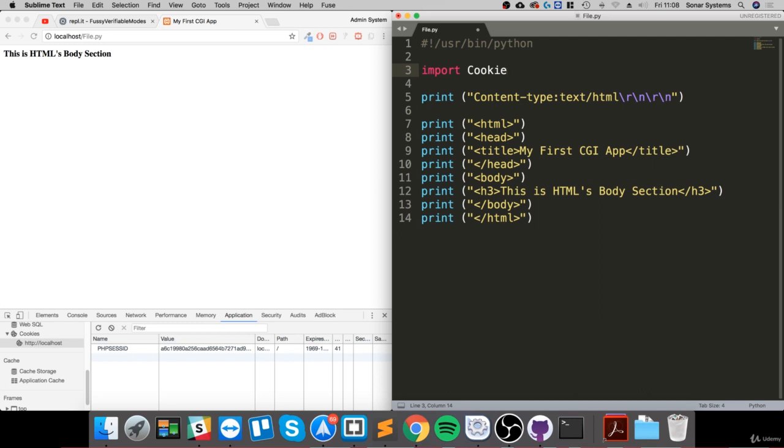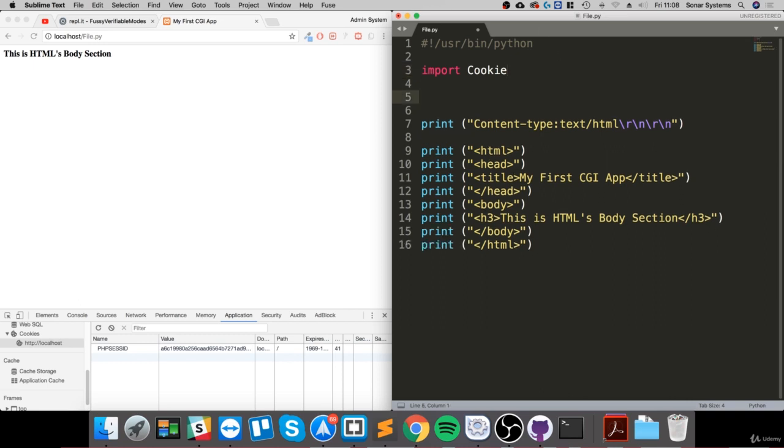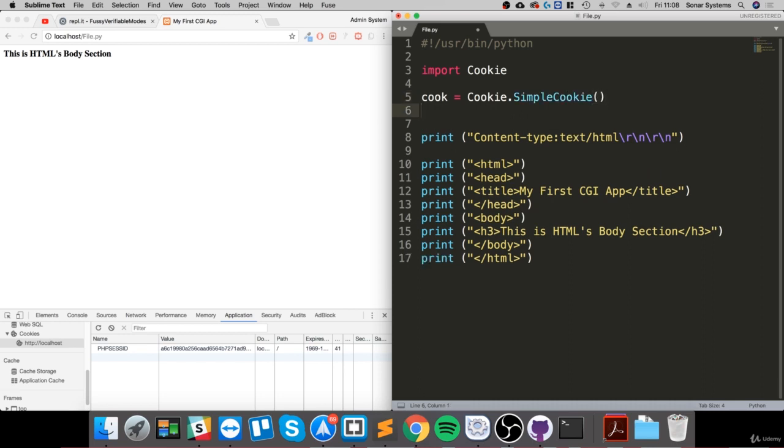Okay, so we've imported the cookie module. We need to create a cookie variable object. I'm going to call it cook equals cookie dot SimpleCookie. And to set a cookie, you just do cook, then quotation marks in the square brackets, and then you put the name of your cookie. I'm going to put user ID